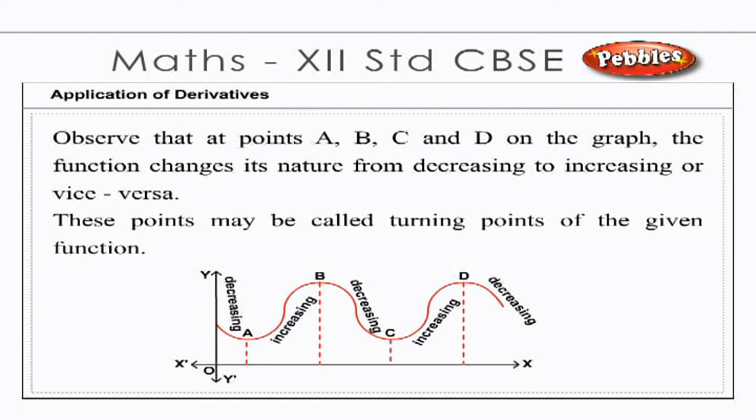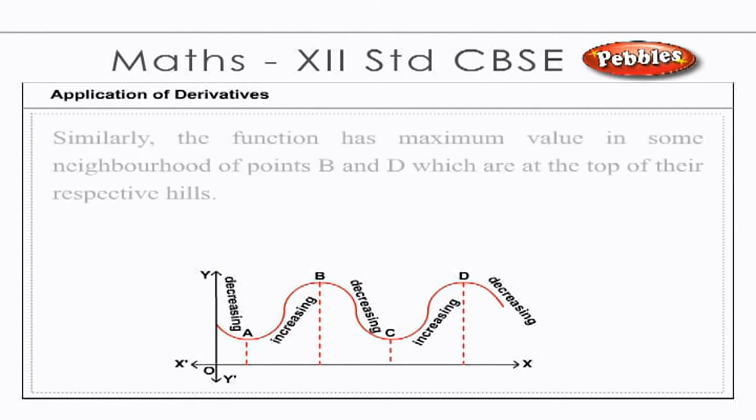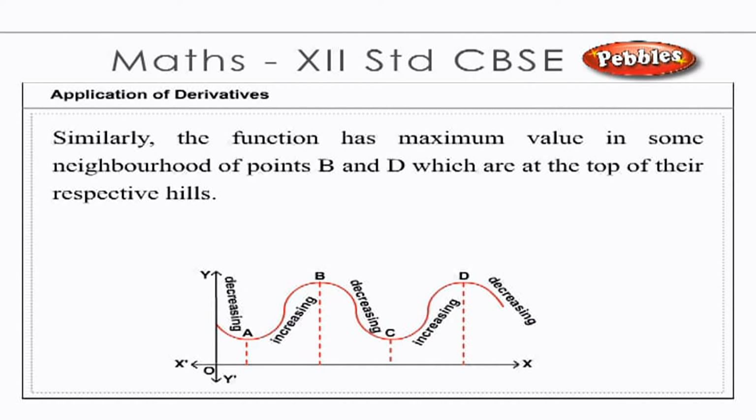These points may be called turning points of the given function. Further, observe that at turning points, the graph has either a little hill or a little valley. Roughly speaking, the function has minimum value in some neighborhood interval of each of the points A and C, which are at the bottom of their respective valleys. Similarly, the function has maximum value in some neighborhood of points B and D, which are at the top of